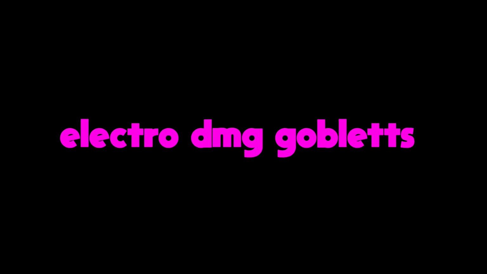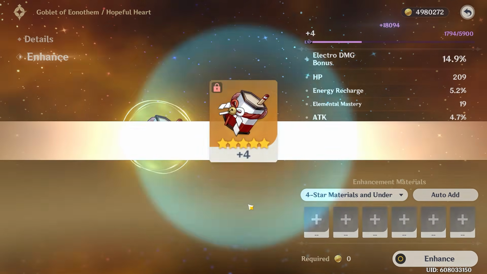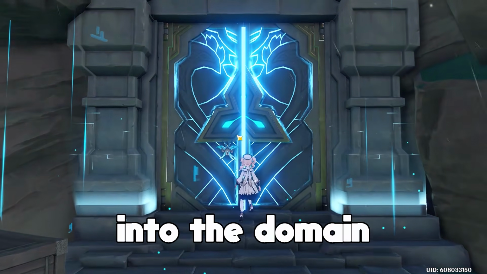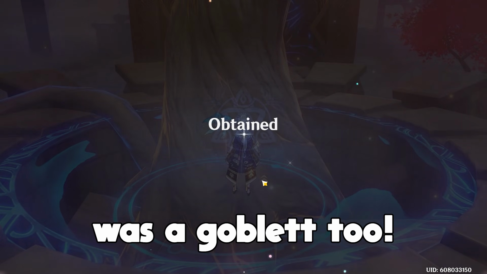Though there's a bit of a problem. I really didn't have any good electro damage goblets. I tried rolling 2 goblets to try and get a crit damage substat, but desperate for a electro damage goblet, I refreshed my resin and went back into the domain. I got one, but it was a weird looking electro damage goblet. The next one was a goblet too, but